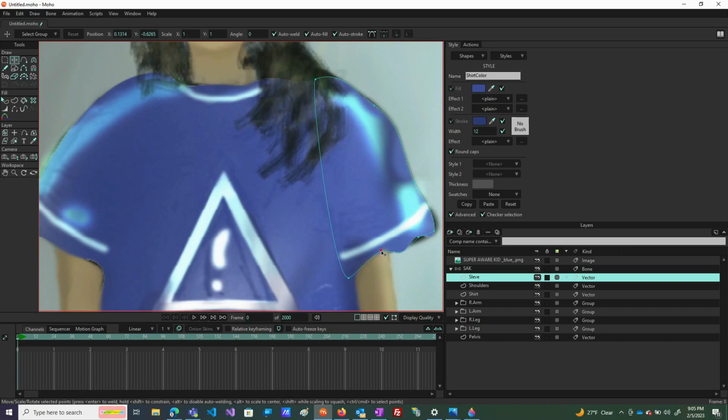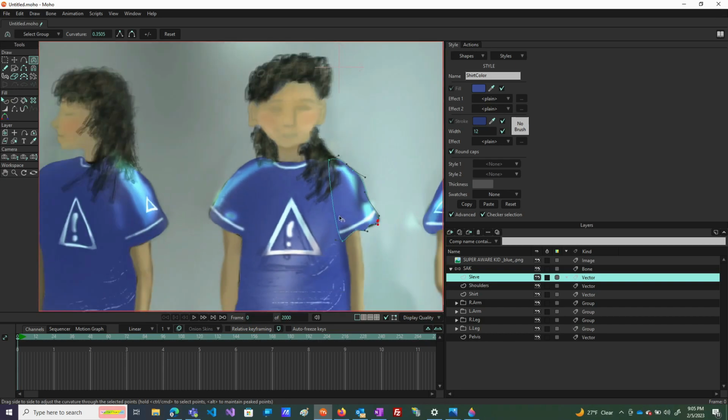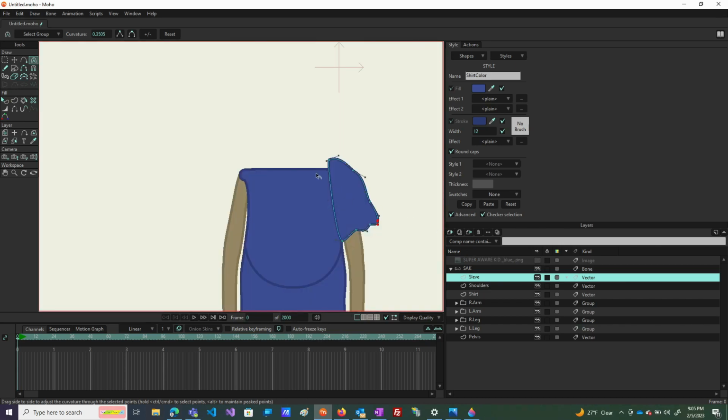And then we can align that like that and get exactly what we need. Remember, the Alt key lets us be very exacting on each side of our curves there. So there's our sleeve. Now it doesn't have the perfect circle, but it's overlapping the body in the right place,